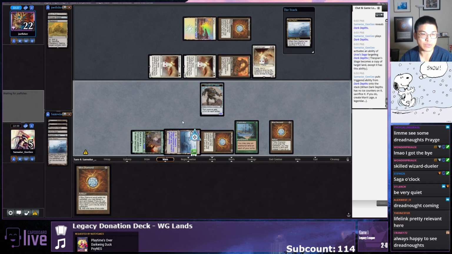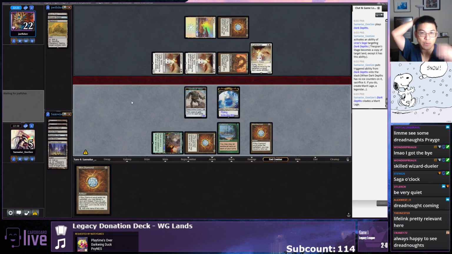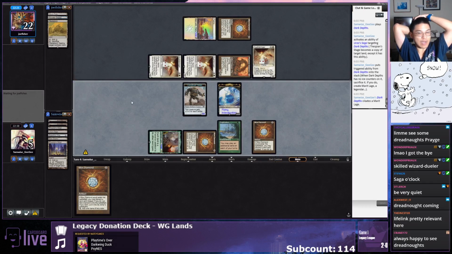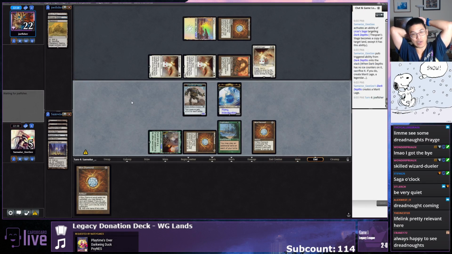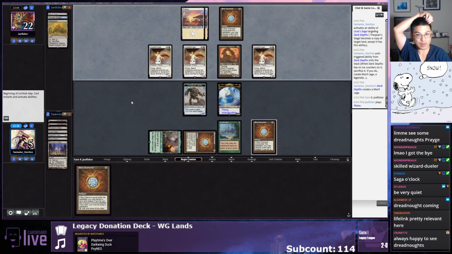Different type of counters. They're not ice counters, so. Alright, so I have to block the Dreadnought, and then what can I draw? I'll be at 2. I'll be at 25. I guess I can't really draw very much, actually. Kind of sad, but...